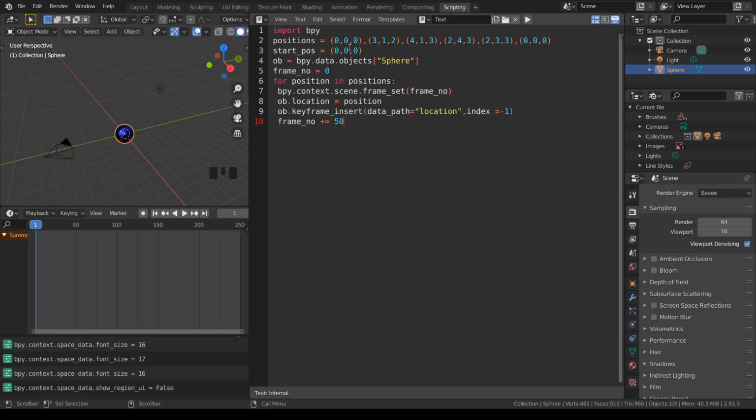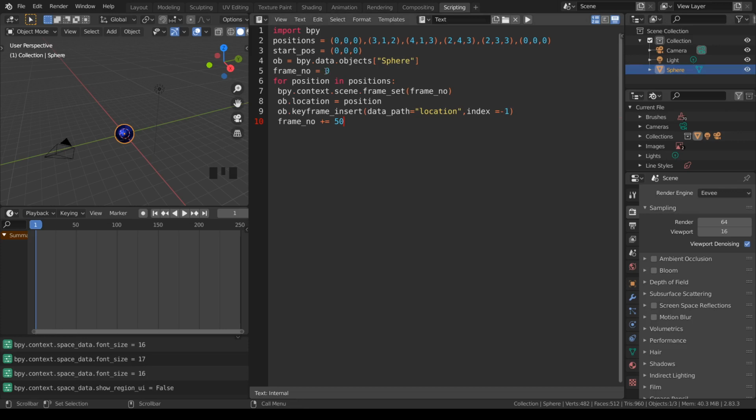Now it will start at 0, 0, 0, and then it will move to some coordinates and finally it will come back to 0, 0, 0. So that is how the setting has been done. The object which is selected is called sphere, because by default the name is given as sphere. So whatever name you have in your outliner over here, that same name has to be reflected over here. So since it is sphere, I have written sphere over here.